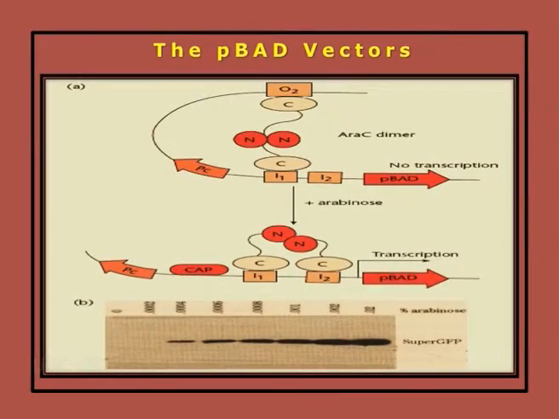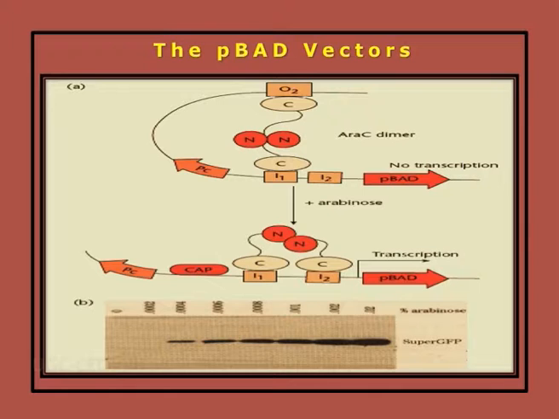The second promoter that is used is the pBAD promoter. Herein you can see in the pBAD operon, AraC is a regulator which can act as a positive regulator as well as a negative regulator. In the absence of arabinose, it forms a dimer binding to the O2 site and the I1 site. Occupying these two operator regions, it blocks the transcription of the genes under the promoter pBAD.